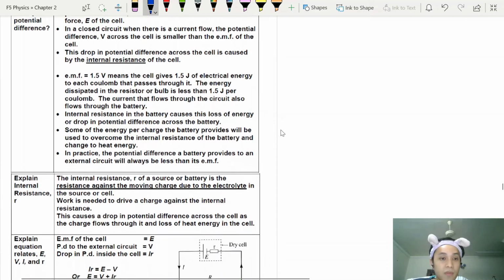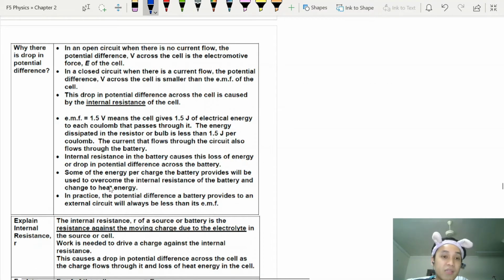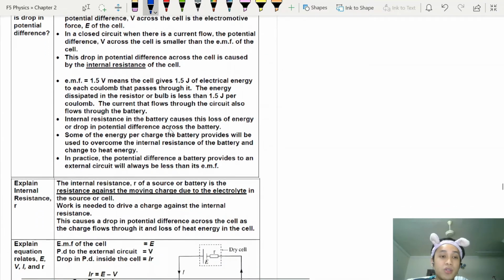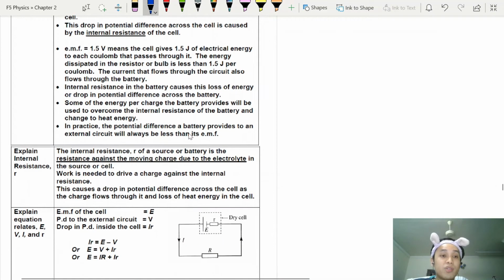So this one is a more lengthy explanation. You can go through the explanation. But the important key point here is this. You see here internal resistance causes the loss of energy. That is why the voltage will be lower. Why? Because they are used to overcome the internal resistance of the battery. So technically when you have resistance, you need to use a certain amount of energy in order to overcome the resistance. Meaning if someone is blocking you,